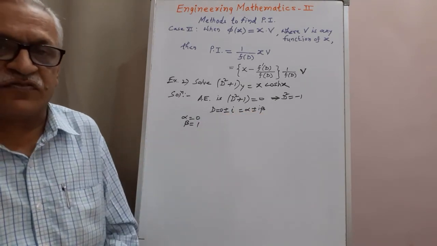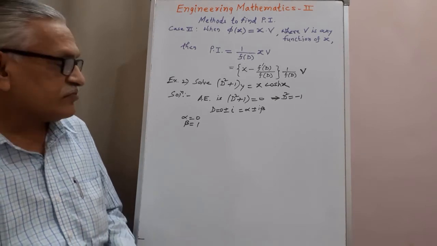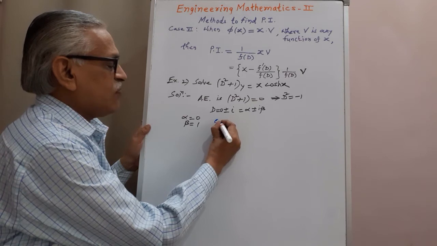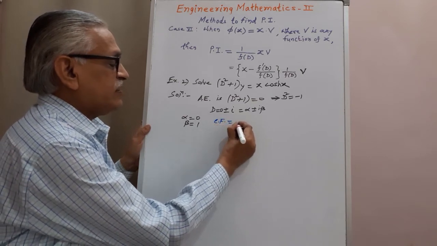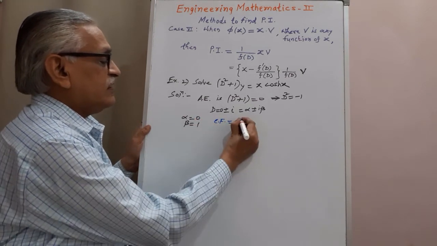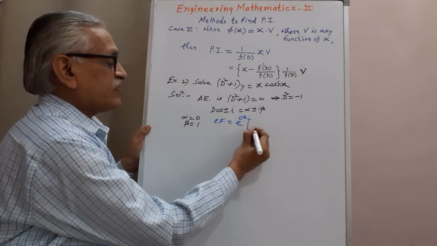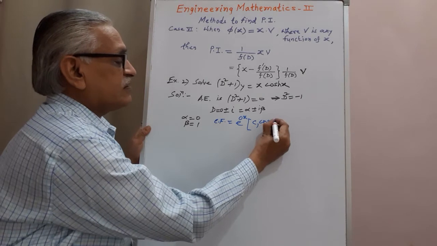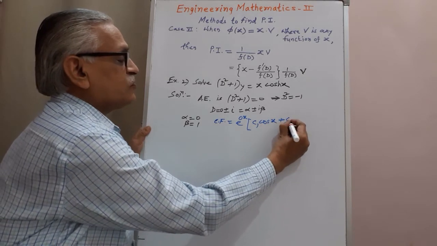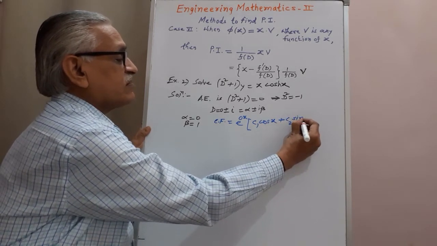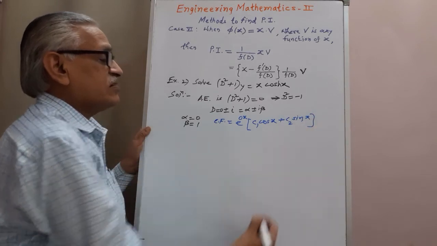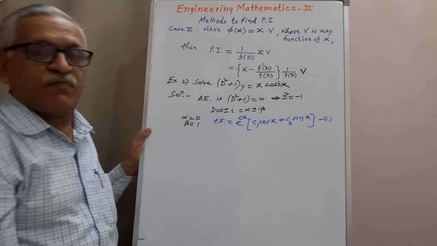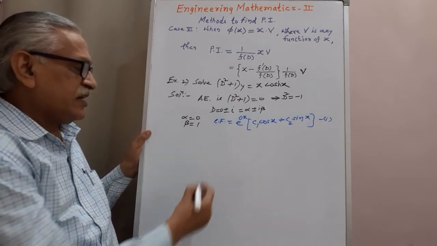We write down the CF as per that case. For imaginary roots, the complementary function is given by e raised to alpha x, which is e raised to 0x, times c1 cos of beta x, beta is 1, therefore cos x, plus c2 sin of beta x. Okay, and we call this equation 1, the CF part. Then the PI part,